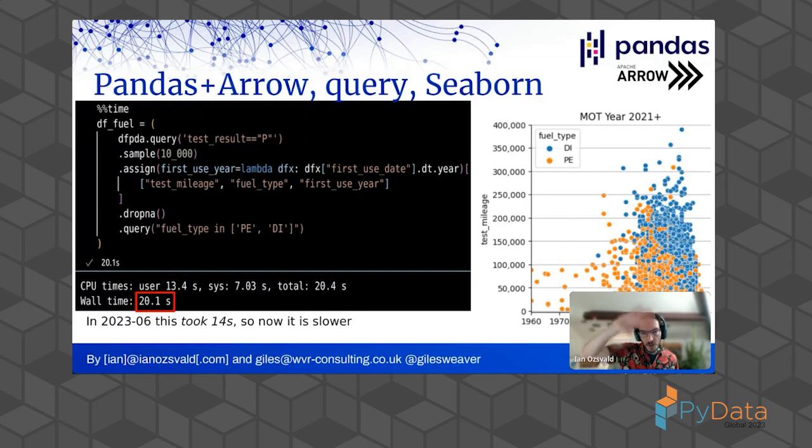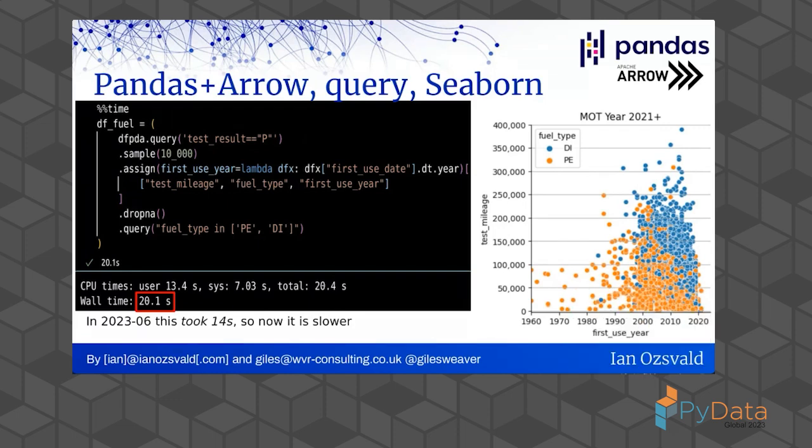And you can see blue goes up on the right-hand side. That's diesel. So diesel vehicles, high mileage, but generally younger years. Those vehicles wear out and break down due to the high mileage. And in the sort of yellowy orange petrol vehicles, they can be older and they generally have much less mileage on them. So great. So we can use our Arrow backend with Seaborn and SciPy and other regular tools.